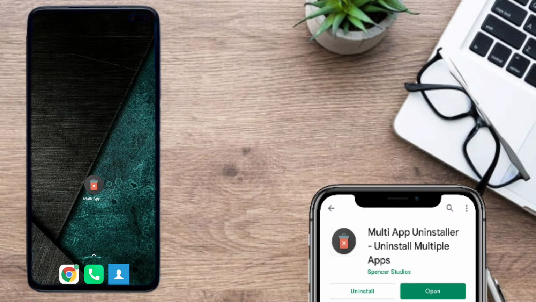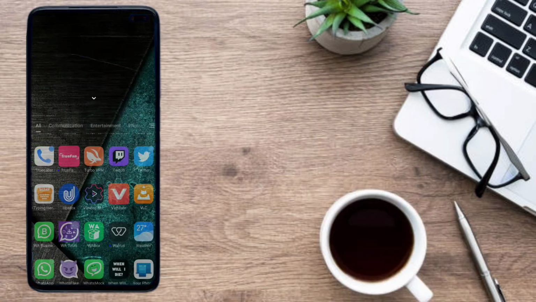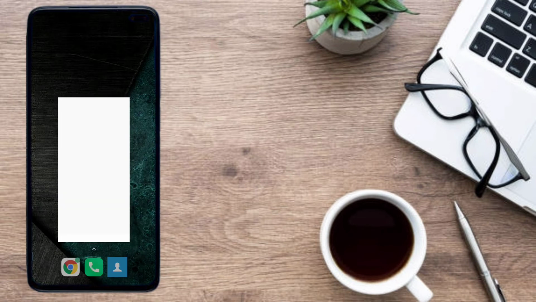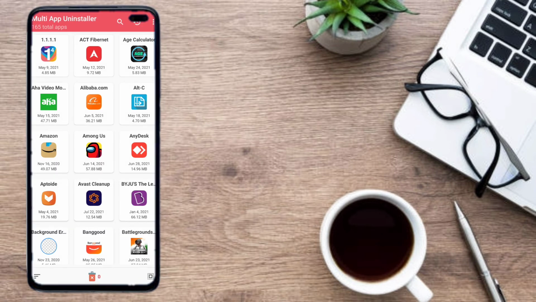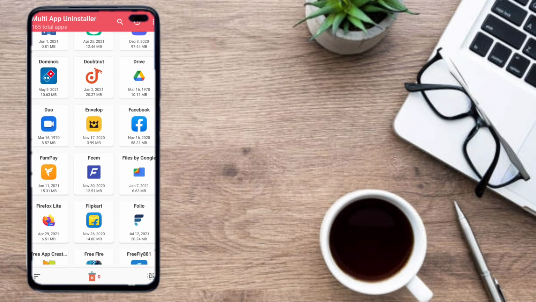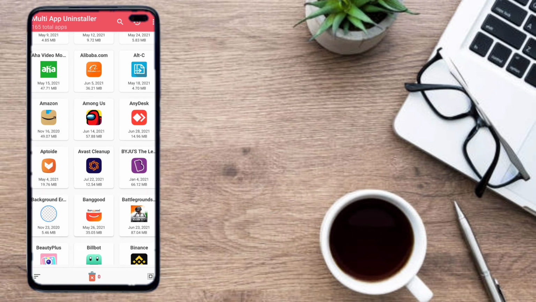So the next application is Multi-App Uninstaller. I want to tell you that there are too many Android apps in my phone which I don't even personally use some of them. So instead of uninstalling one by one, we can uninstall them at a single time. So with the help of this application, Multi-App Uninstaller, we can uninstall at a single time. Don't worry, this app is only 1 MB of your Android space, so don't even consider it an app, just consider it as a widget.